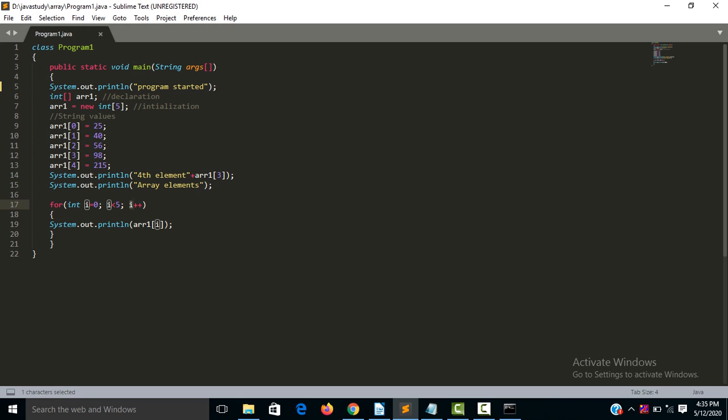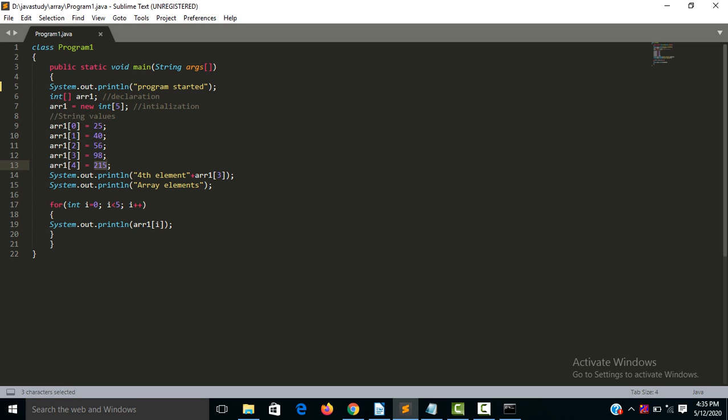So i will become 4. So 4 less than 5. Yes, it's true. Then it will print array index 4, value is 215.